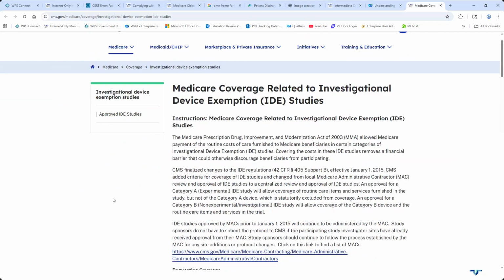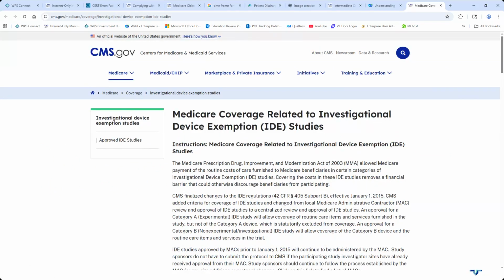All right. So you can see on your screen is cms.gov, and I'm already into the part about Medicare coverage related to investigational device exception studies. You could also find this just by searching IDE once you go into cms.gov.